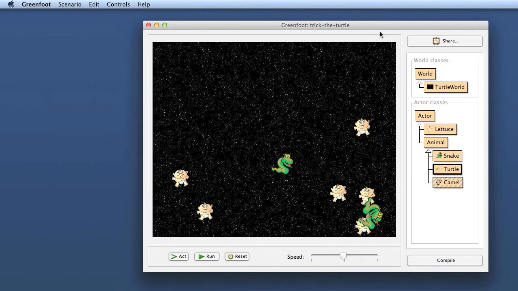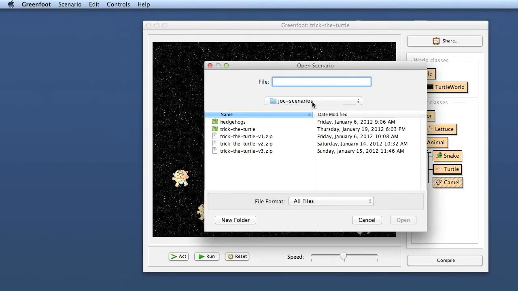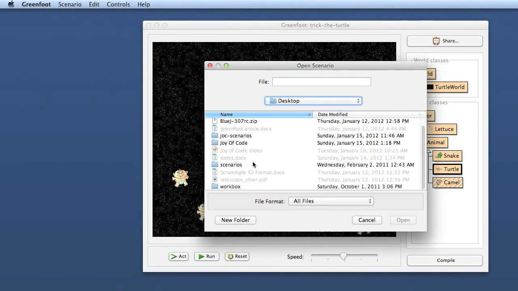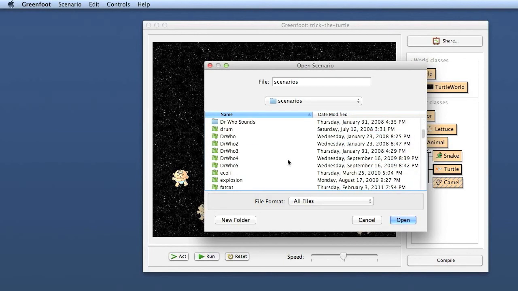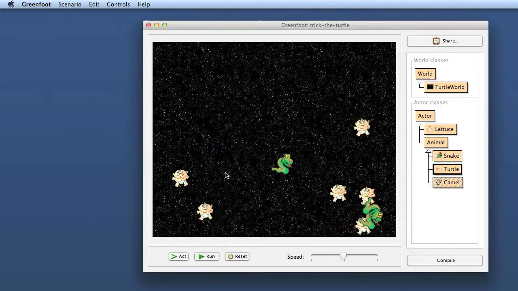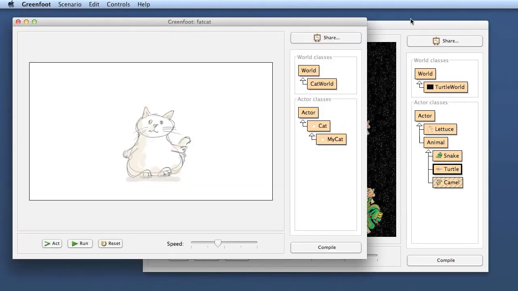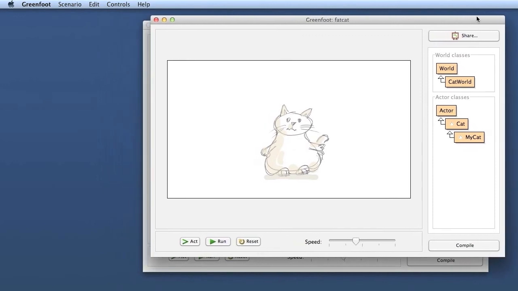Every now and then it is good to do just a small isolated exercise that tests single aspects. For example, here I've got somewhere, let's see whether I can find that in my scenarios, a thing called fat cat that I wrote at some stage for the exact purpose of reinforcing the constructs that we have seen so far.